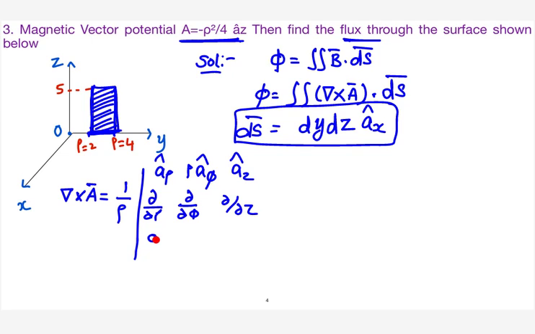The system is cylindrical, but how can ds then be dy dz? No. In this case, your rho is along the y-axis. So when you are moving along this direction, you are getting a rho variation. But specifically speaking, x is 0. So when x is equal to 0, your rho is the same as y or not? You got my point? Yes, sir. So basically, what is the value of rho you have defined? Root over x square plus y square.